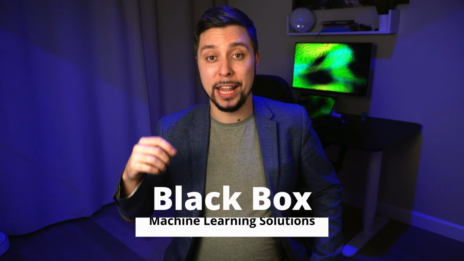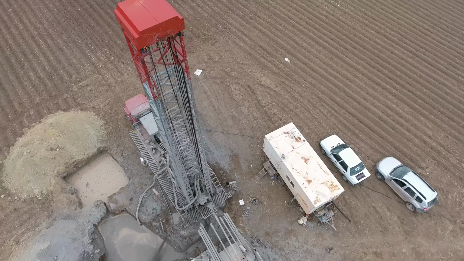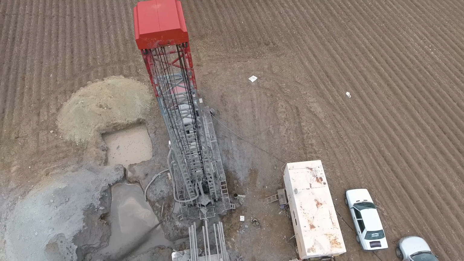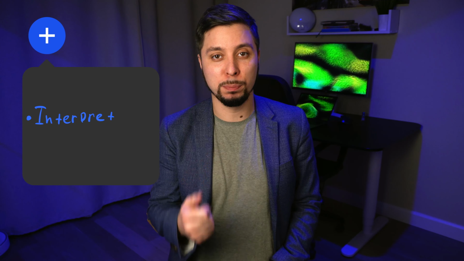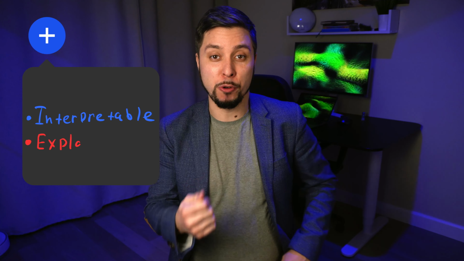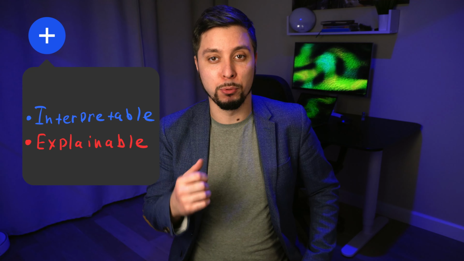Machine learning solutions can undoubtedly be described as a black box, even though they might provide substantial benefit for the quality and efficiency of the work. We must grasp what is contributing to a solution in a high-stakes situation. For example, deciding where to drill a well in the presence of subsurface uncertainty. Scientists have been creating interpretable and explainable machine learning models to better grasp the neural network's internal logic and be more confident in the prediction.